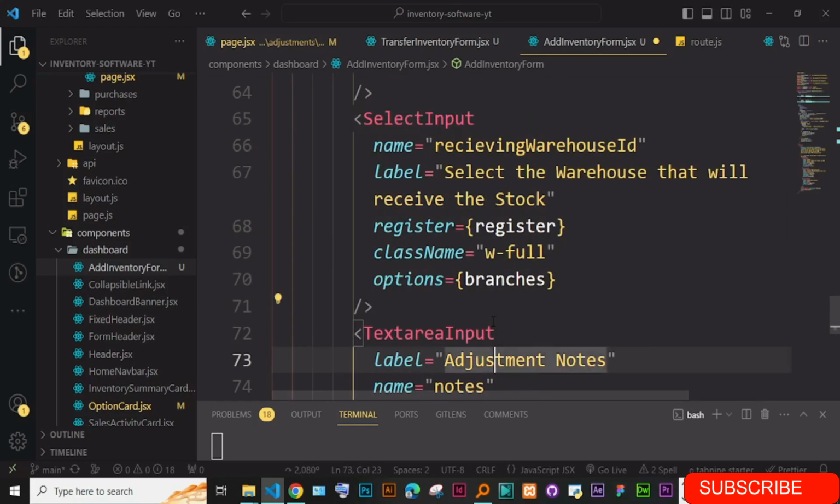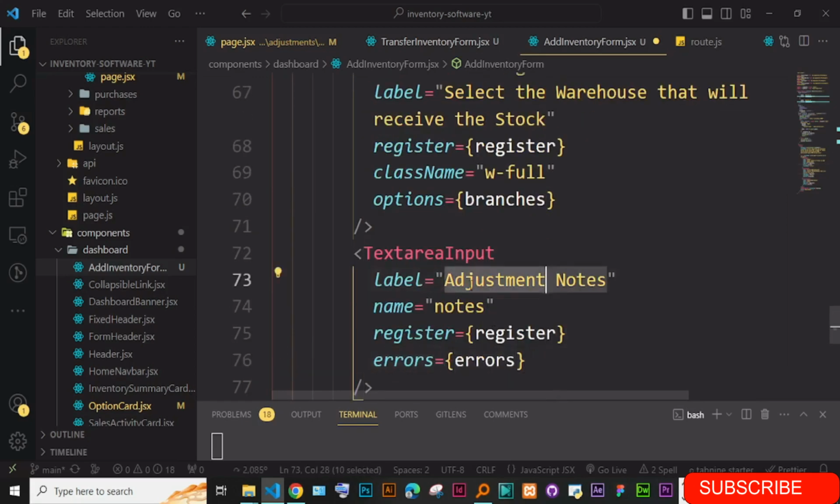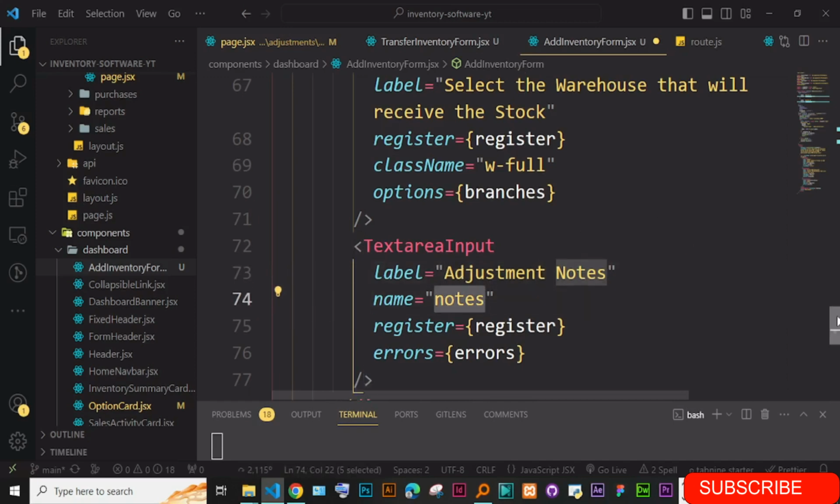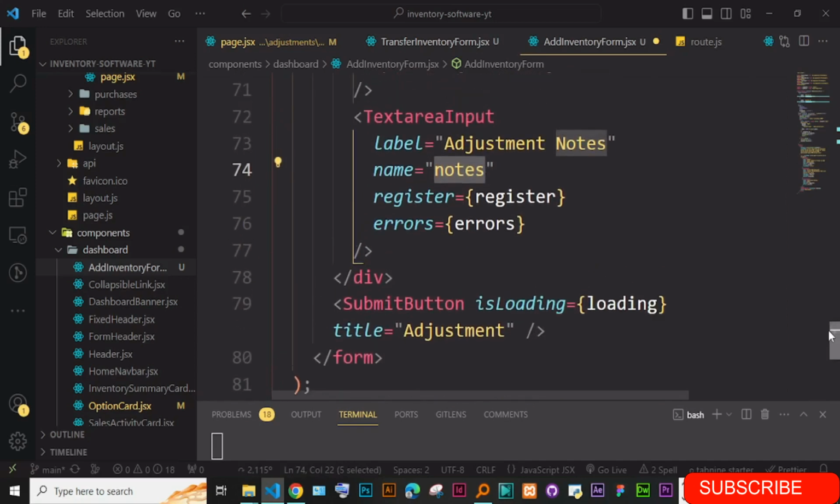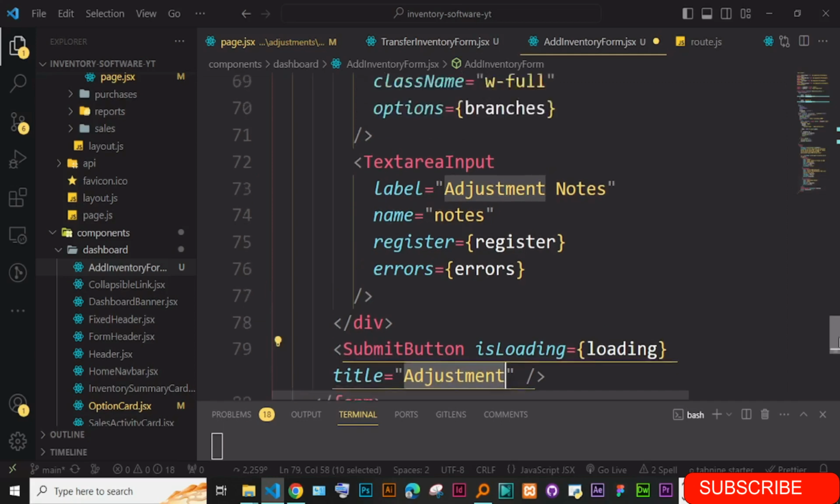Okay, and then of course we have to add the notes. You can just call them now. These ones also, they will be notes. And here this one is going to be add stock. You can just leave it as an adjustment,